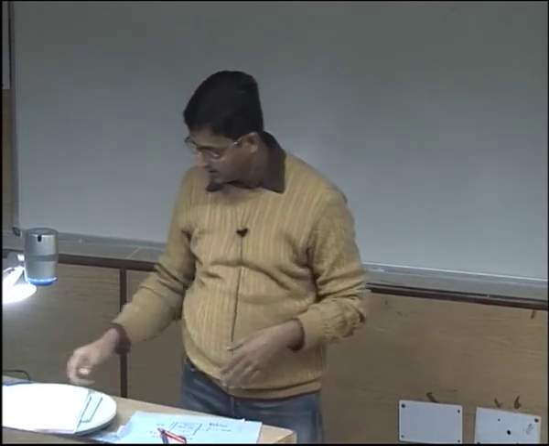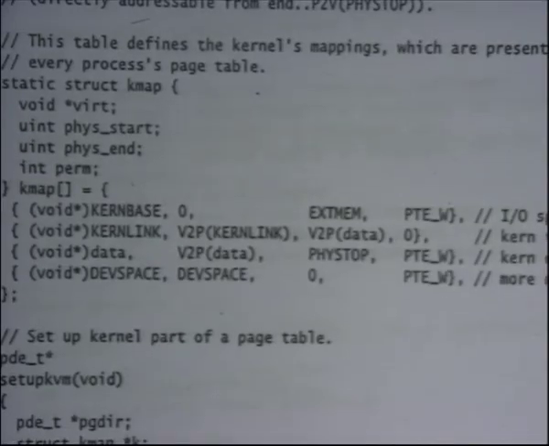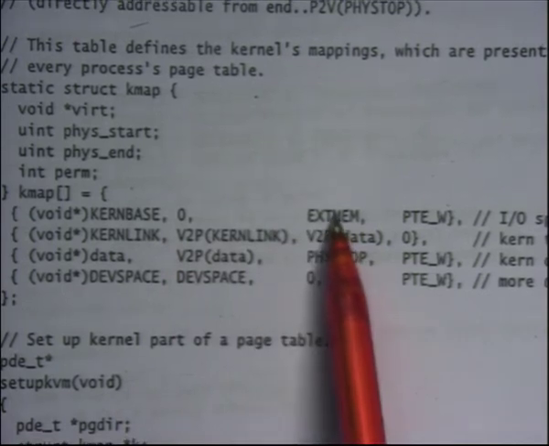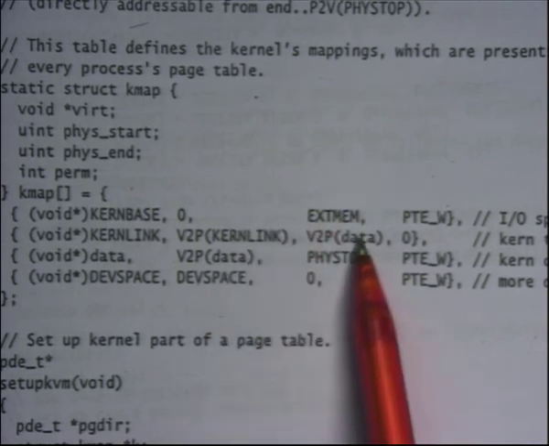In this case, for example, if I wanted to be smart about it, I could have said, look, this area is 1 MB, so I'm going to use small pages to map this area because 4 MB pages are too big to map this area. This area from kernelink to V2P data is also very small, less than 1 MB, so even here it doesn't make sense to use large pages.